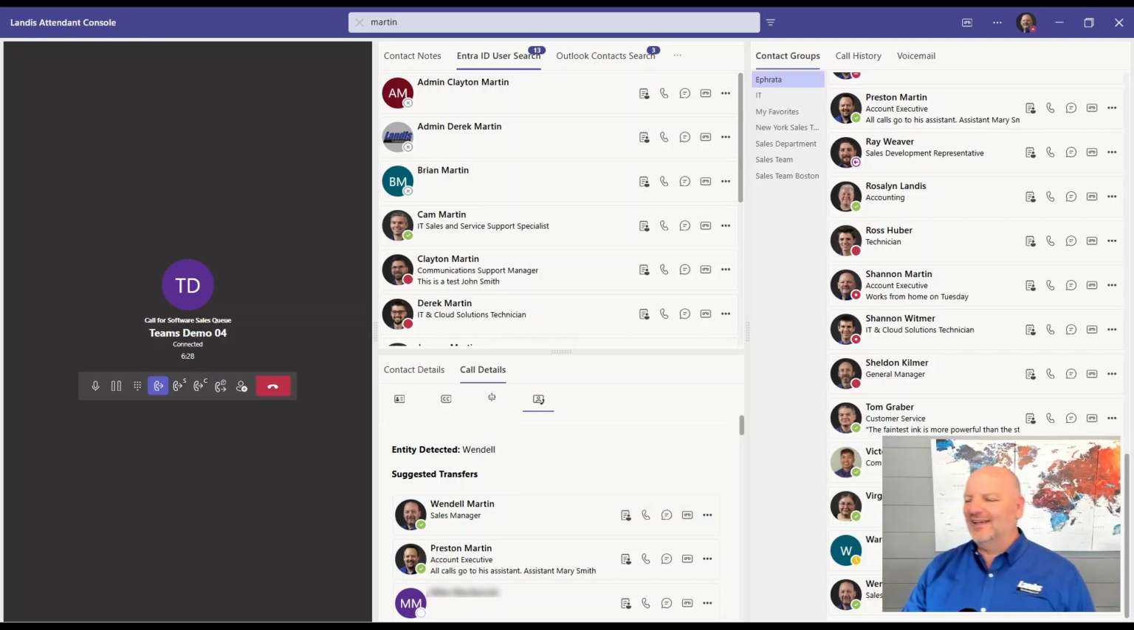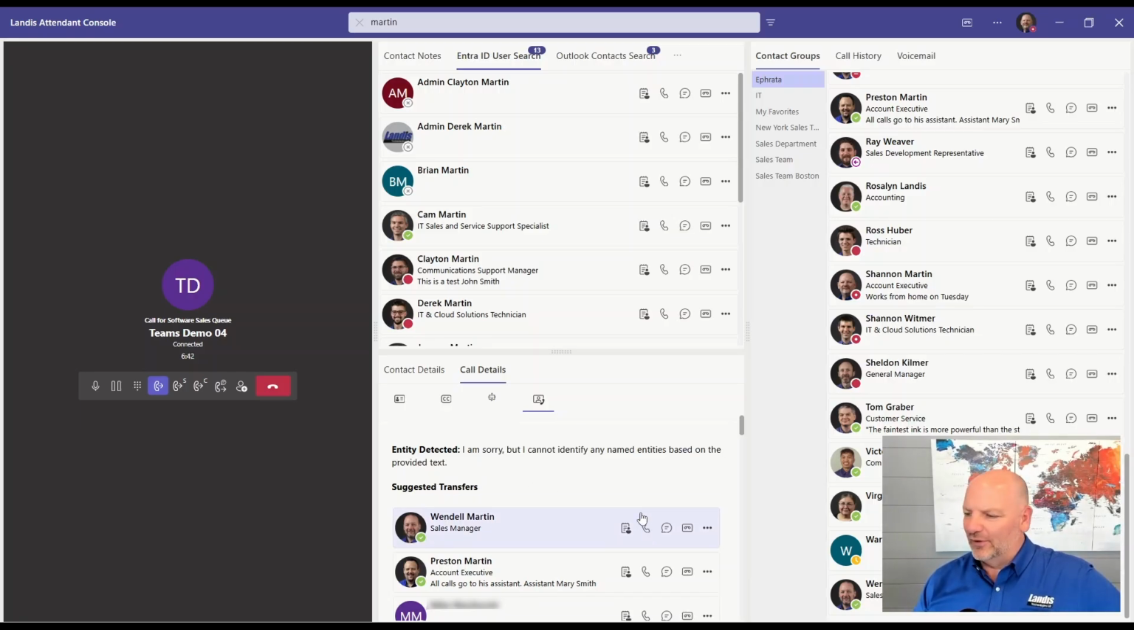And so that is the transfer assistant. It's bringing up those people without me having to search for them, without me having to go find them in groups. It's bringing up the names that were mentioned in anticipation that that's who I might want to transfer this